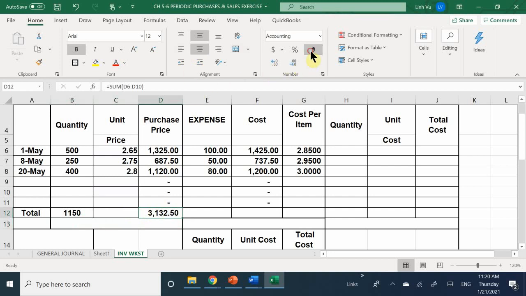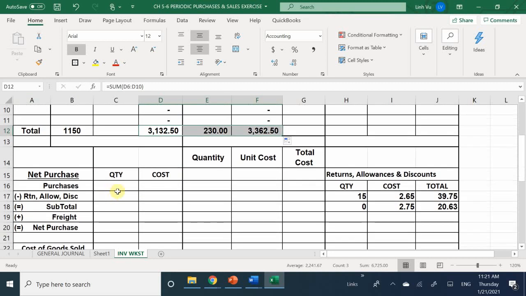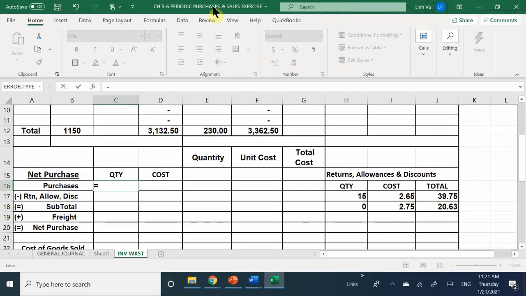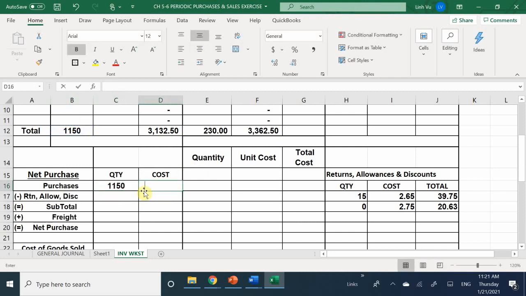How much was my total freight? $230. And then lastly, what was my total cost going to be? Good. So now I'm going to go ahead and plug in my numbers here. So we have the 1150. We have the